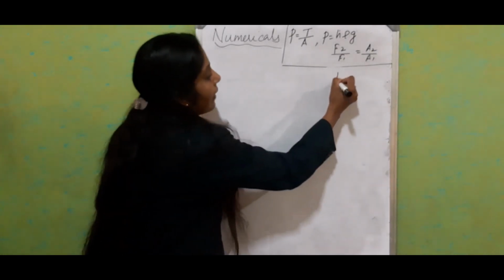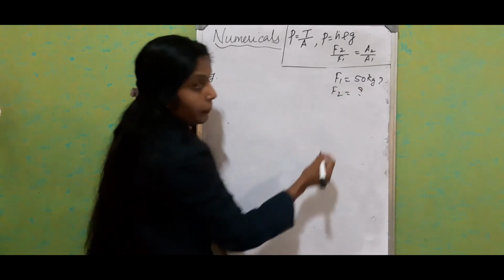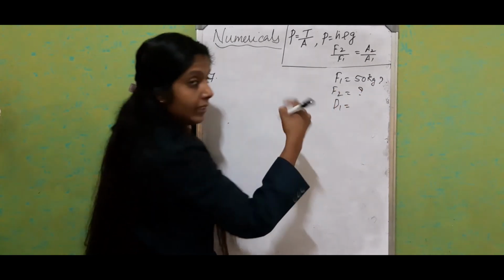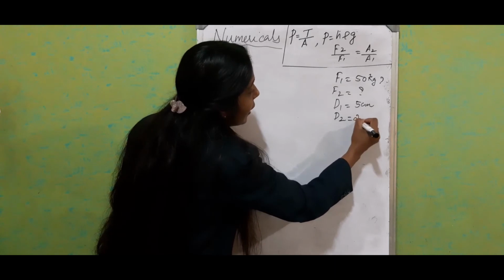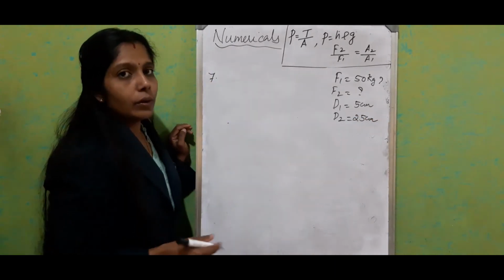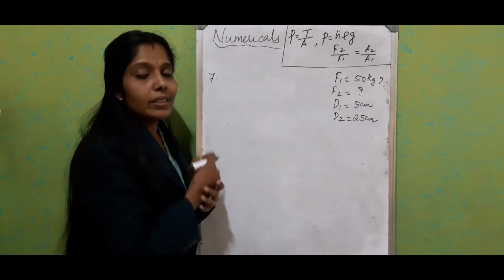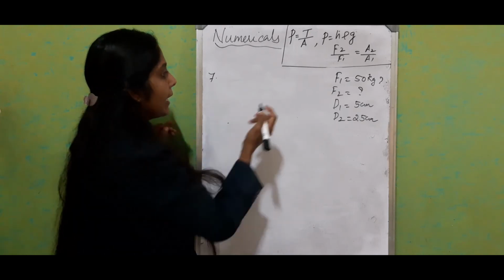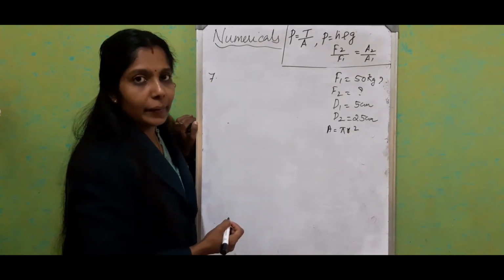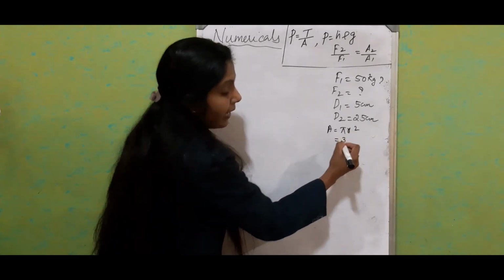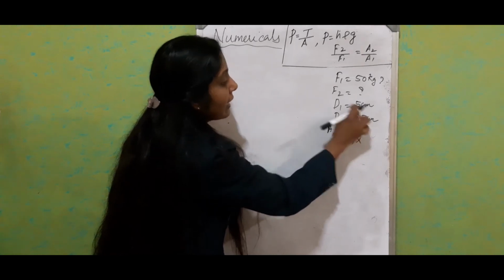So in this question, F1 is given as 50 kilogram force. We have to find out F2. The diameter at the first side is given as 5 centimeter and the diameter at the other end is given as 25 centimeter. We studied the relationship between force and area. If the diameter of a circle is given, how can we find the area? Area is equal to pi r square, right? So here pi we can take as 3.14, and this is area 1: 3.14 into